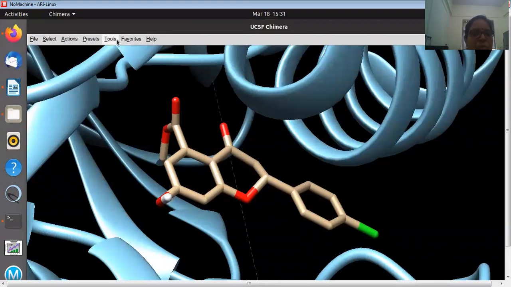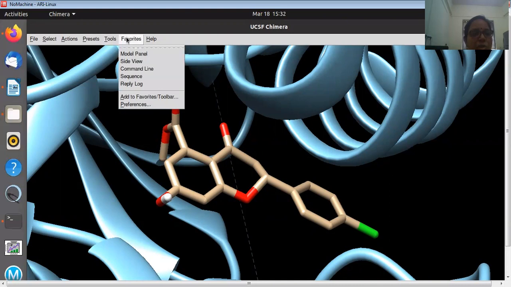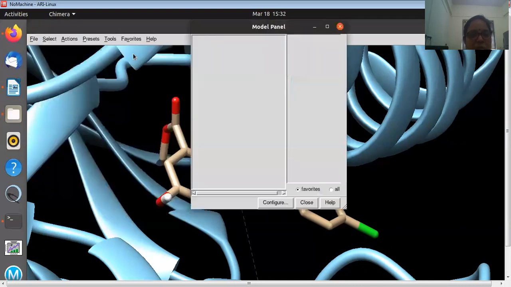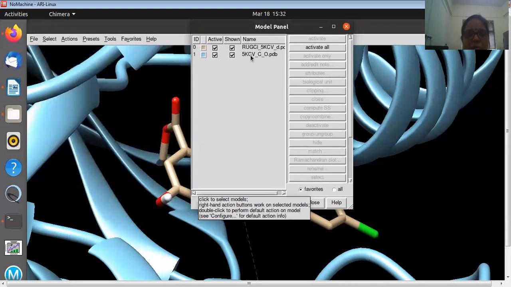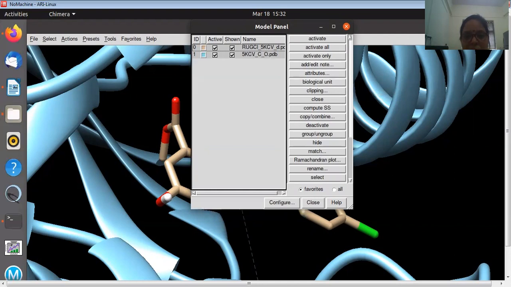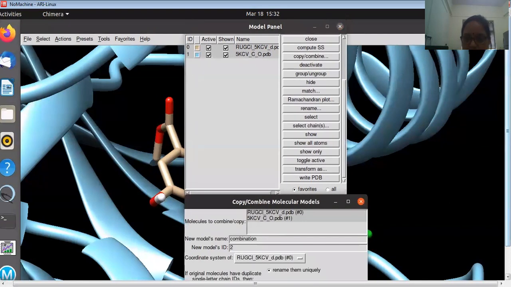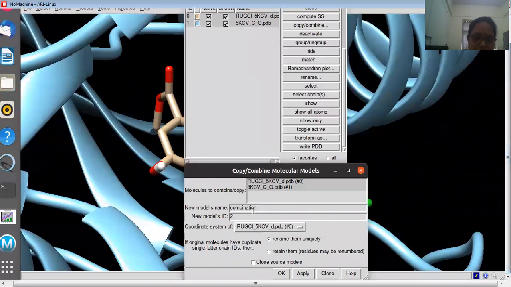After that, go to the model panel. Okay, from the favorites, model panel. Okay, here both are present. Now select both of these, press Ctrl, and select the top one. Go to copy and combine. Okay, these are the important steps I am telling you, because I struggled a lot with how to prepare the Amber file. Most of the time Amber rejects the file you have given.